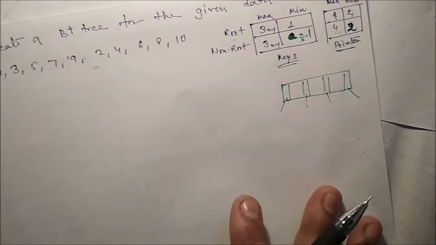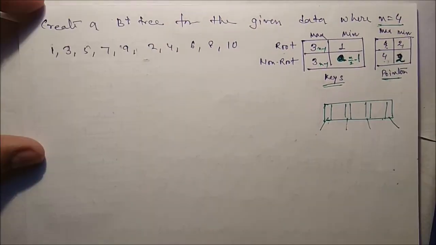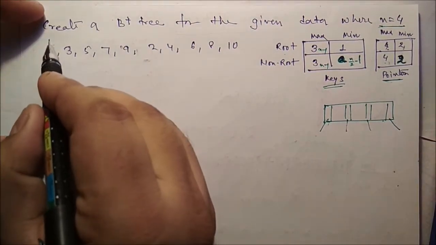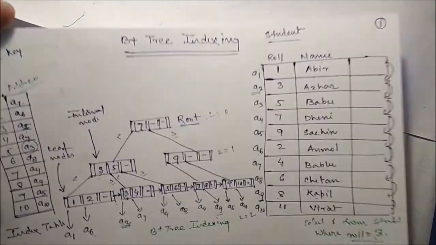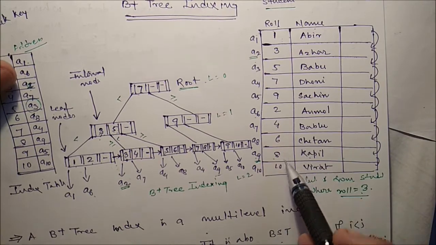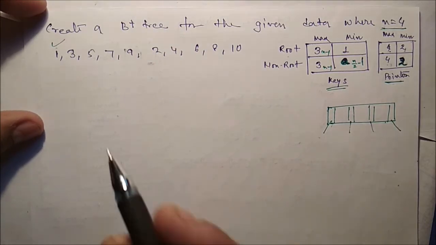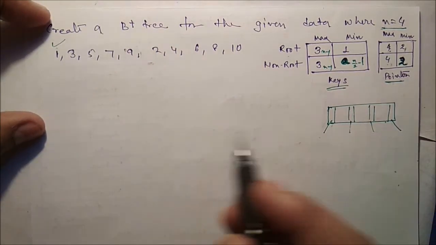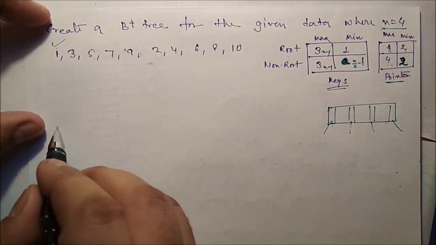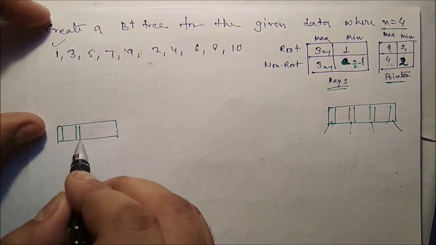Okay, so you can see this one by one. First of all, roll number 1. Now you can see it is not in ascending order: 1, 3, 5, 7, 9, 2, 4, 6, 8, 10. So these are the roll numbers and it is not in ascending order. So first is roll number 1, and we have to create a node. Create a node here, and for each and every node the format is fixed.